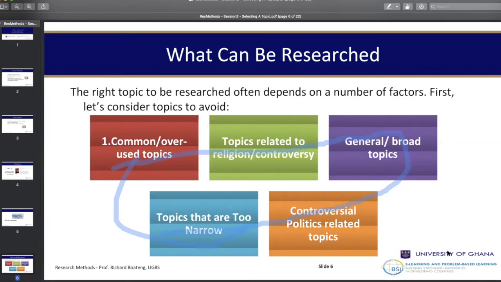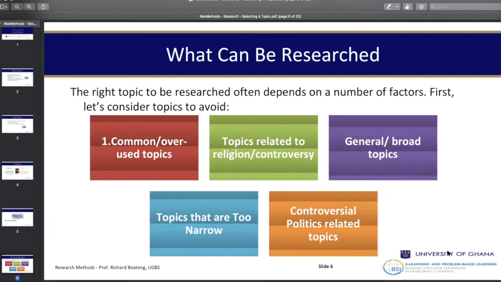It's advisable for you to focus much more on something which is broader. For example, what you could then say is determinants of breakups among undergraduates. That is better than just choosing why John left Sarah. So you could look at something which is a sub theme, or something which is abstracted to be a broader theme that everybody can understand, so that you can be able to collect data on.